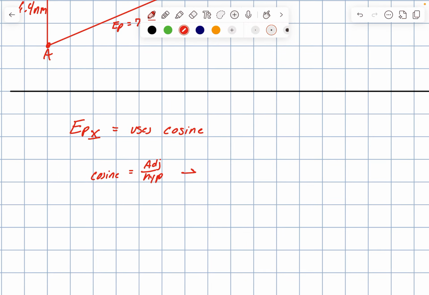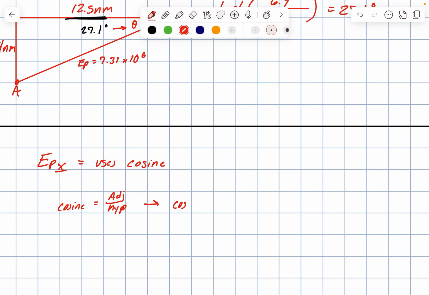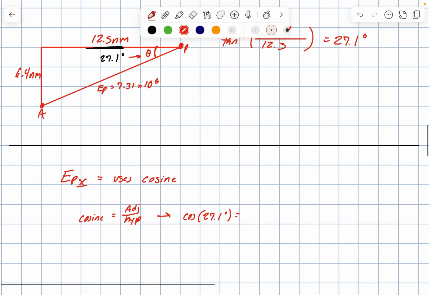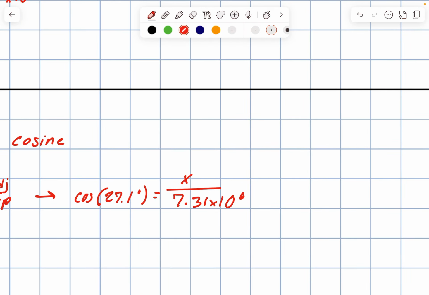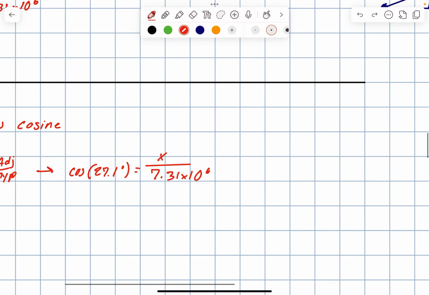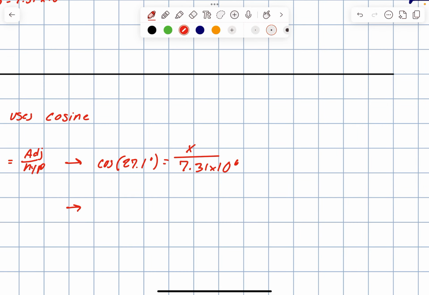So in other words, our problem can be modeled like cosine of 27.1 degrees is equal to adjacent side unknown over the electric field value of 7.31 times 10 to the 6th. Now to isolate x, we're just going to do simple multiplication on each side by our denominator. So we're going to move this over here. And that should look like 7.31 times 10 to the 6th times cosine of 27.1 degrees. And you should get an x value of,